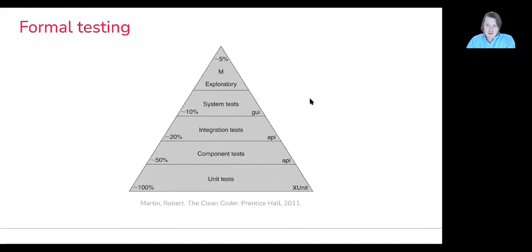More or less, what we're going to do is break down our tests into four categories. I'm not going to look at the exploratory tests, though I'll acknowledge them here. What we'll talk about briefly is the unit test, which are essentially going to comprise the major bulk of the tests that will be executed against our program. Directly above that is going to be